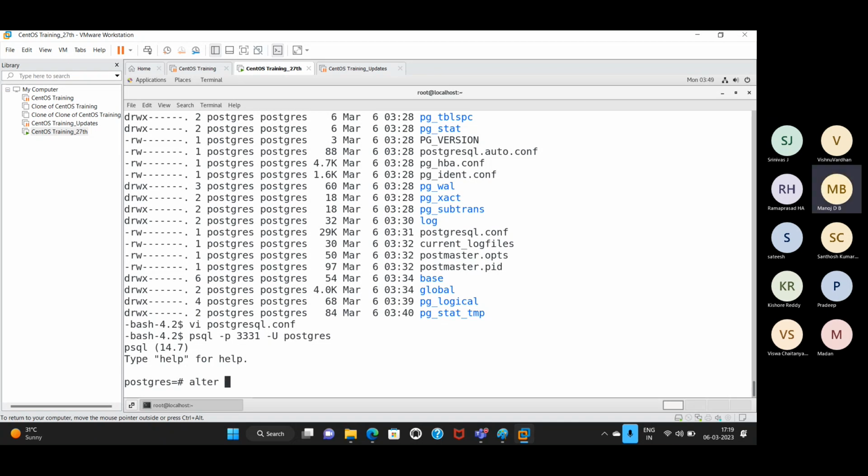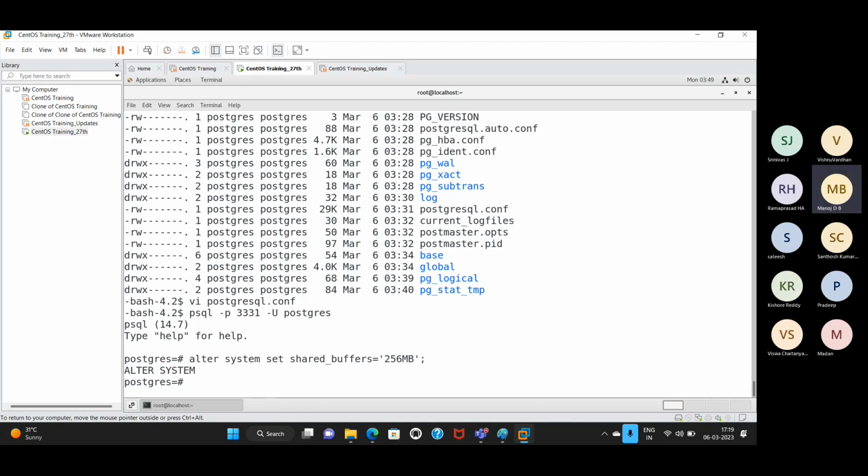Example: ALTER SYSTEM SET shared_buffers. By default it is 128 MB, right? I will specify 256 MB. Okay. See here, ALTER SYSTEM SET shared_buffers is done. If you check the configuration parameter,